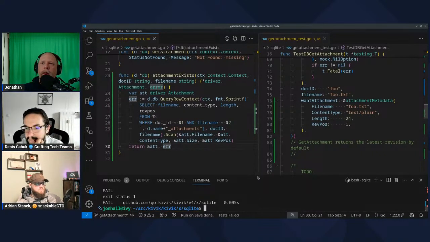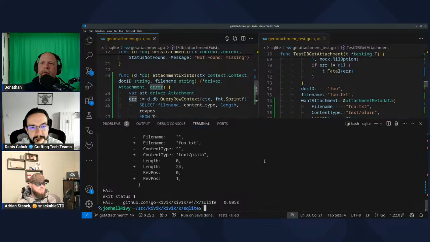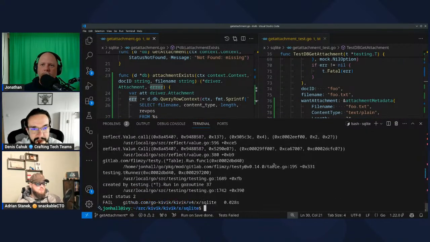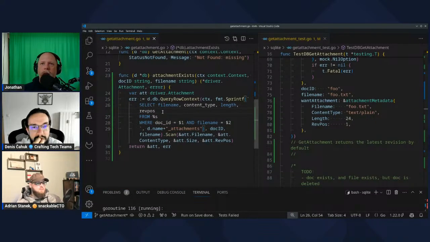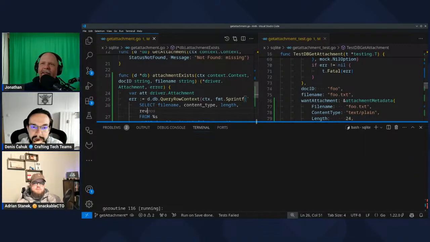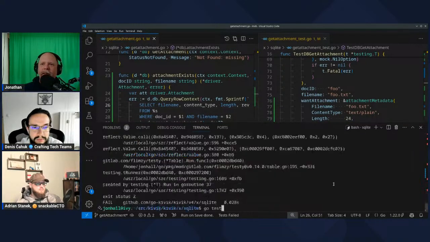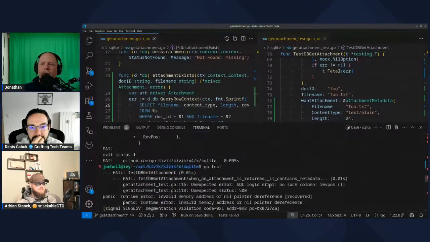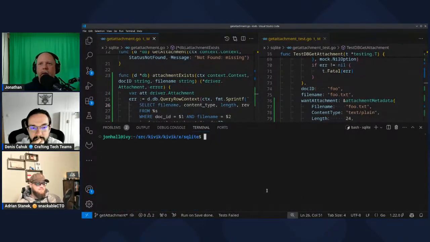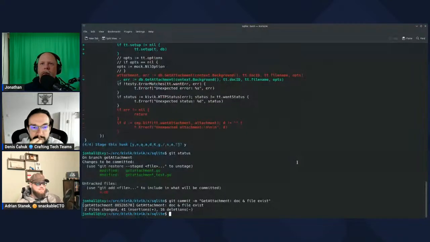Awesome. All right, let's see if the tests pass. It says they're failing, but let's run them ourselves and see why. Oh, we got a panic. That's always fun. No such column rev pause. I think it's just called rev, actually, now that I think about it. No, it's called rev. Still failing. If you're still wrong, we can check the schema. Let's check the schema. I'm going to run this on my other terminal. It's a little bit easier, with a little more space.